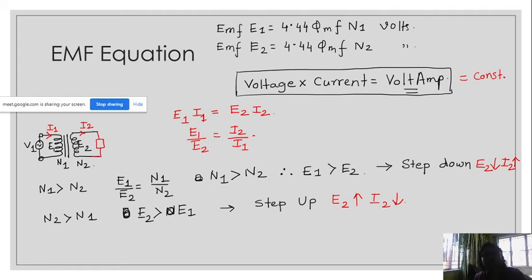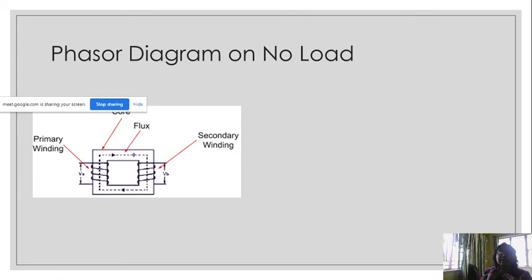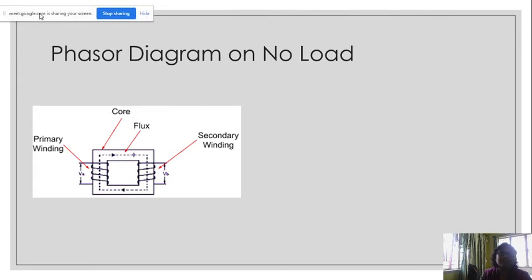No, ma'am. Okay, so let's go for the phasor diagram. Now what is a phasor diagram? You know what a phasor diagram is in case of an AC circuit. Now in the context of this transformer, how do we arrange it, how is this phasor diagram giving you which quantity is dependent on which, why and how it is dependent? The several equations will be in the form of a graph. You will find it in the phasor diagram.